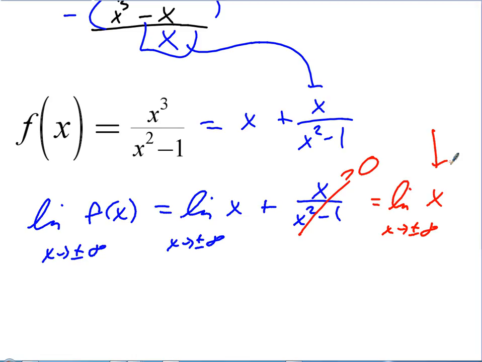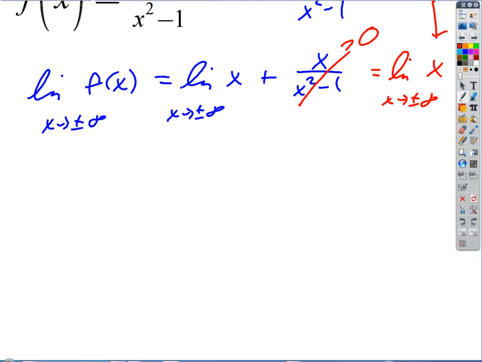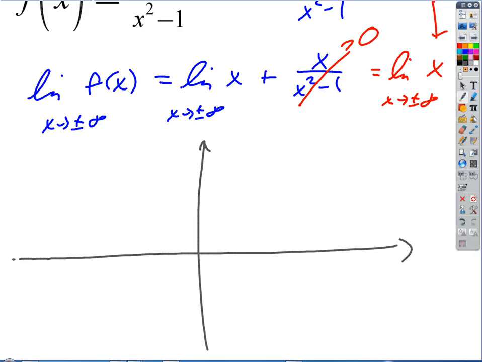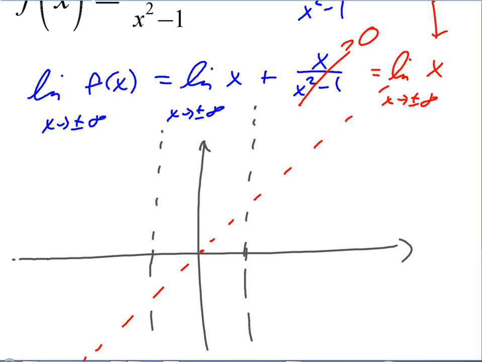And so when I draw the asymptotes on this thing, then look what we get. Okay, we had vertical asymptotes at plus and minus 1. All right, so there and there. And then we had this slant asymptote at y equals x. And so in here, it's probably not going to matter. In here, that slant asymptote is meaningless, right? Because who knows what the function's going to do in here. But out here at the tails, it's going to have to stick to that guy.